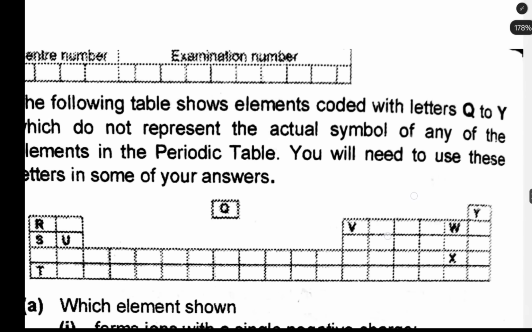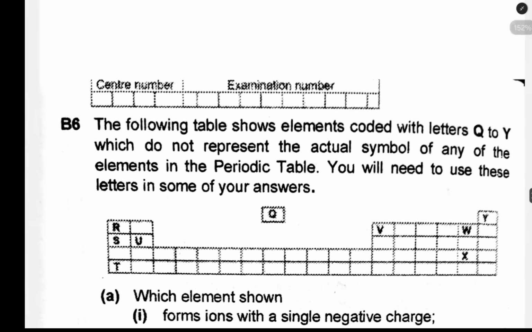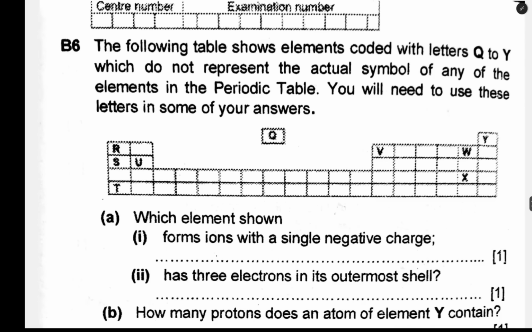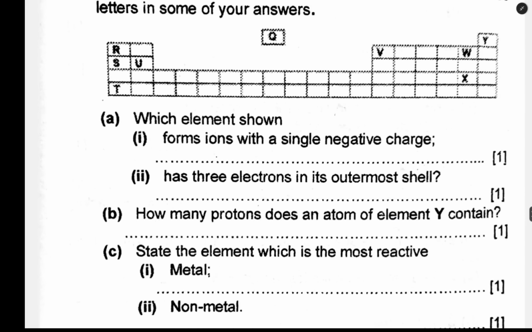Okay, so here is another question that we are going to answer. So this one reads, the following diagram shows elements coded with letters Q to Y, which do not represent the actual symbol of any of the elements in the periodic table. You will need to use these letters in some of your answers. Okay, so as you can see, which element shown forms an ion with a single